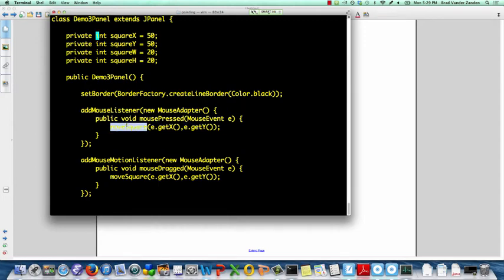a method move square. So mouse motion, when you're moving the mouse around, is different from mouse clicks and mouse releases. So we have to add a second listener that listens for mouse dragged events, and that mouse dragged event is when you have the mouse down and are dragging it. And in this case, we also want to move the square, setting its x and y coordinates. And if we look at move square,